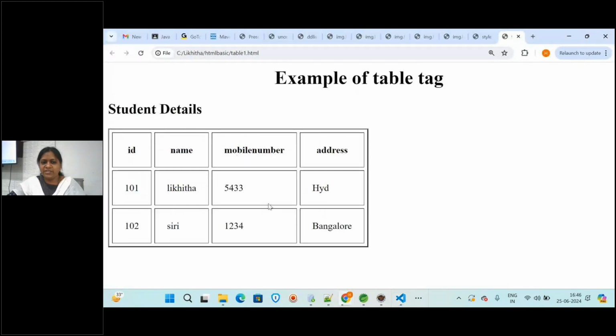So how much, see this space is less, but here the complete text padding is more, the size is more. So this, if you want the space between each and every cell, you will giving spacing. But between the text and the border, if you want the space, you will be giving cell padding. So these are the attributes.